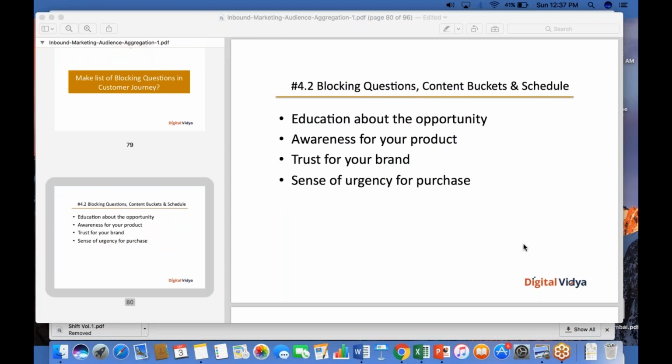So why don't you take 5, 6, 7 minutes and think through how you would map specific pieces of content, which could be a webinar, a free demo, or a free career counseling, in the context of Digital Vidya. The various pieces of content which are relevant are white paper, ebook, webinar, free demo, free course access, free career counseling, alumni success stories, anything else you can think of, right? And these are all the blocking questions which the customer has. So I want you to map that with this. Time starts now.